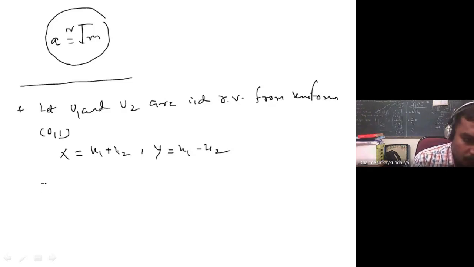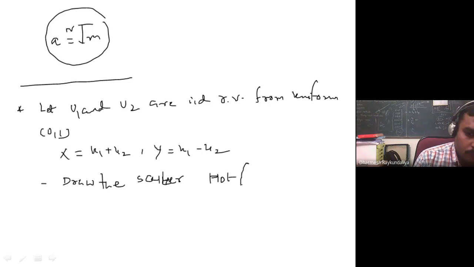Then draw the scatter plot, with x on the x-axis and y on the y-axis. Find out the correlation between x and y.